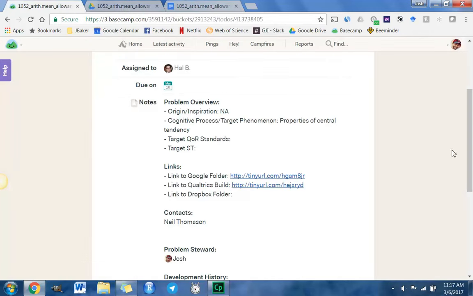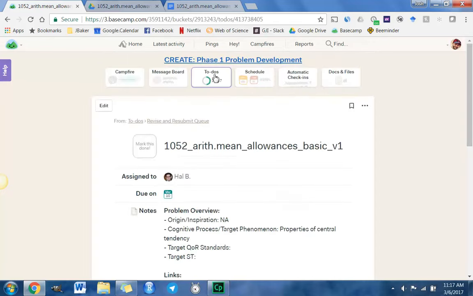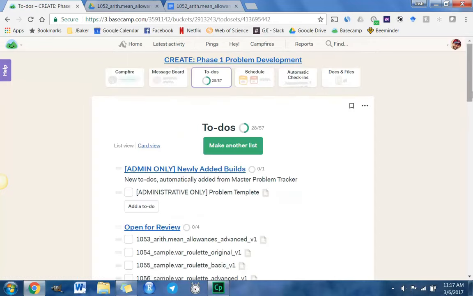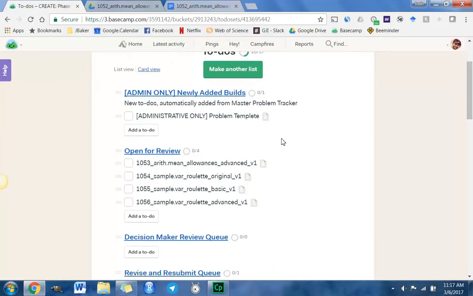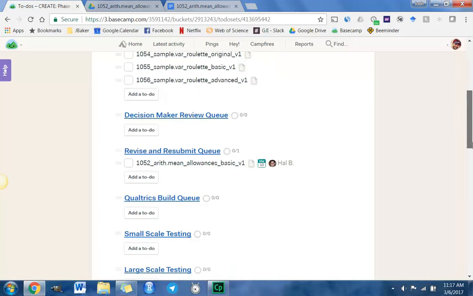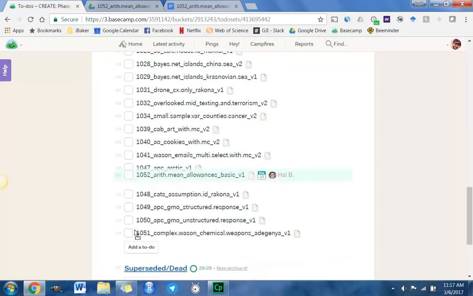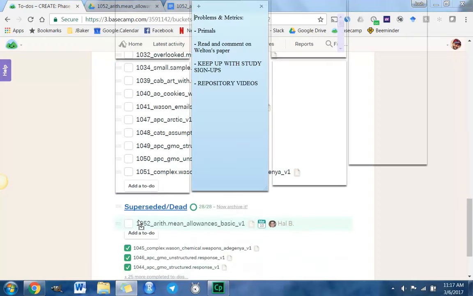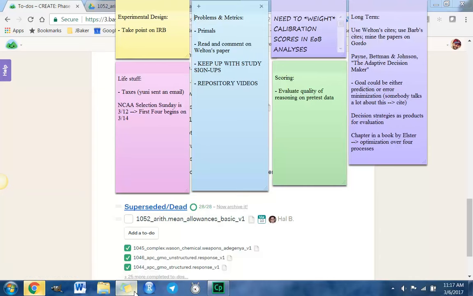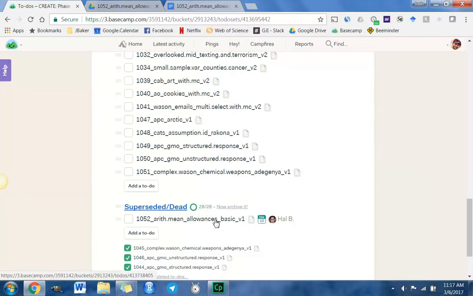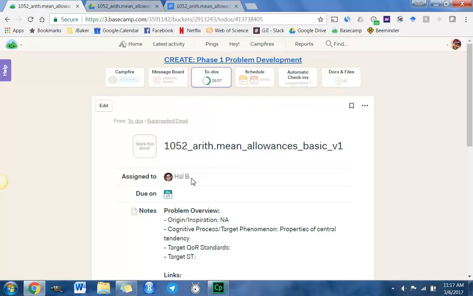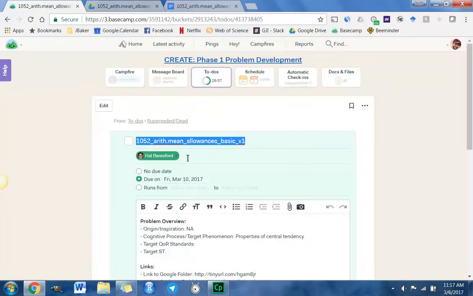And then once Hal was done, he could come back to this to-dos page. At this point, we would have a new version of this problem, 1052, a V2. Hal could take this V1 and drag it all the way down to superseded and dead, because this problem has now been superseded. He could take his name off the problem by going to edit, go to this here, delete the due date,